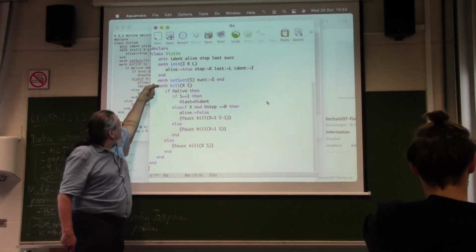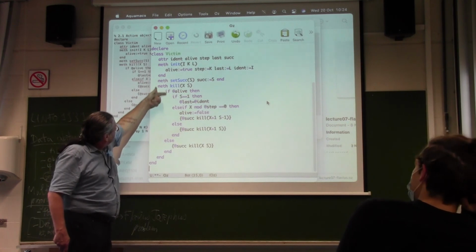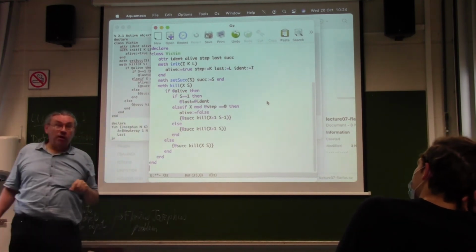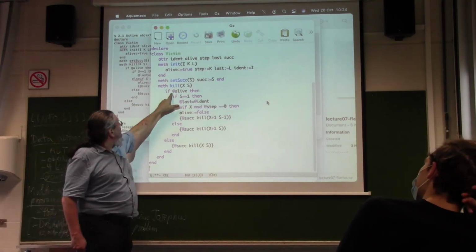Kill XS. So now this if statement here is just a protocol I define. So if the object is alive,